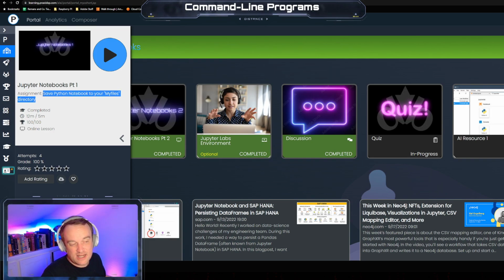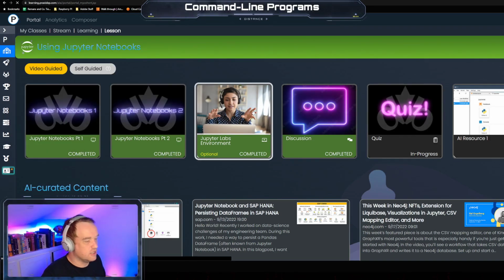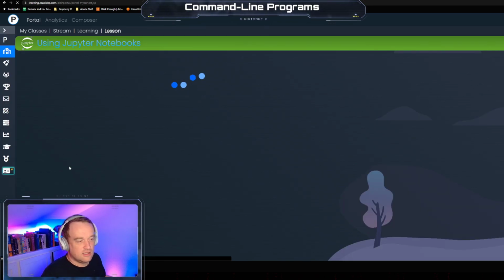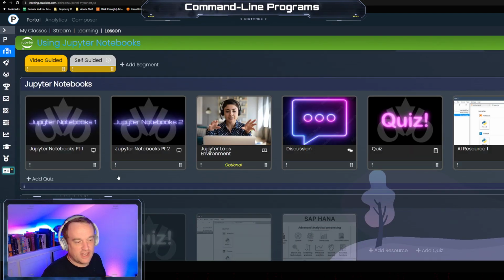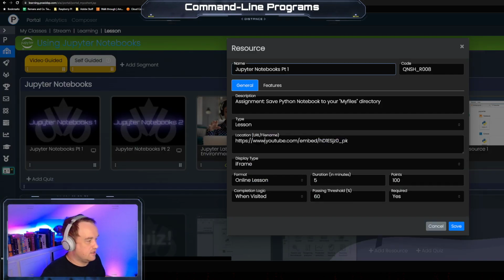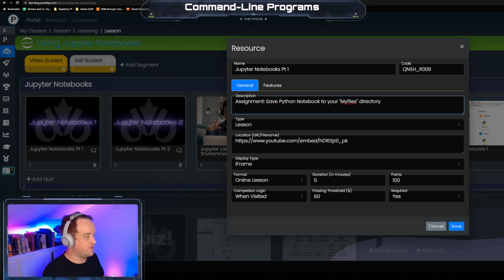So in this case, and I'm probably going to change this, let's pull you back behind the curtain here. Let me pull up my editing view. Right now it says assignment, save Python notebook to your My Files directory and